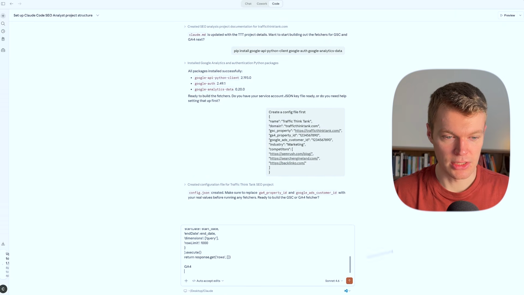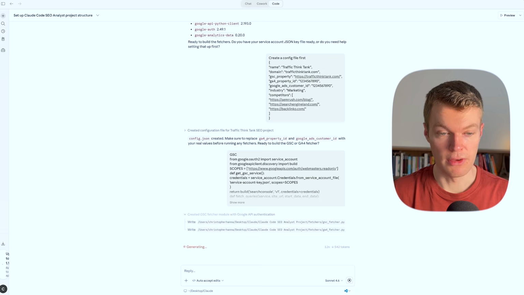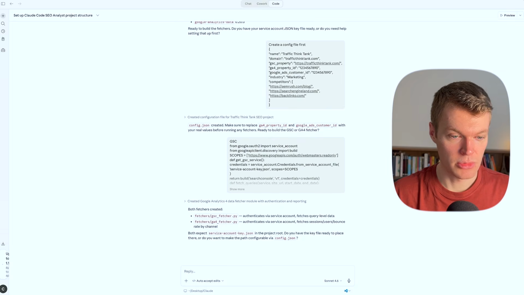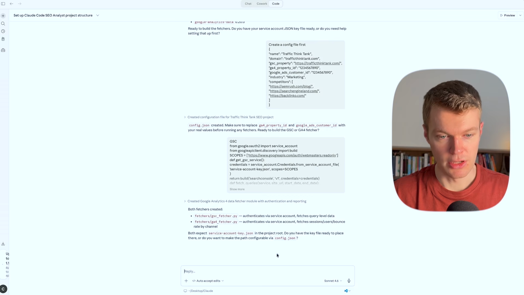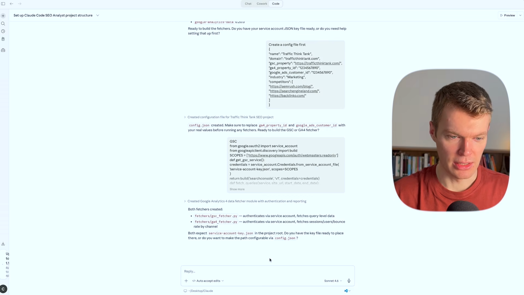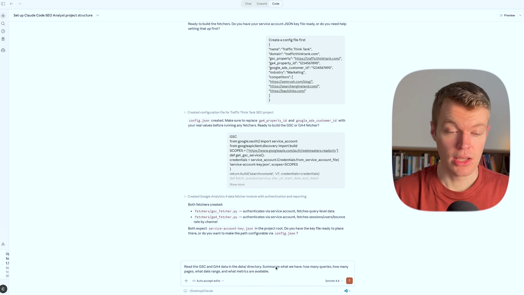So I'm just going to paste in some scripts here, hit enter, and it will save them to the fetcher folder that we created earlier. So it will tell you that both fetchers have been created. They both expect this JSON file because I haven't added it yet, but if you've added it already, you won't be asked that. And then you can paste in something like this, basically just asking Claude to verify that it can access the data,